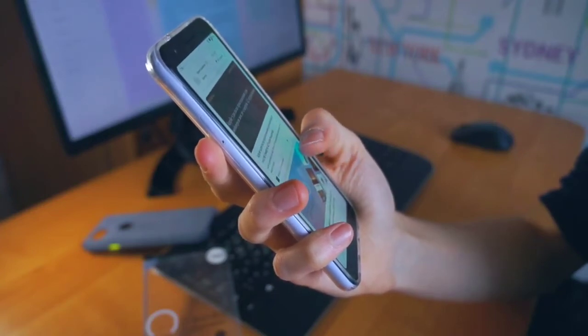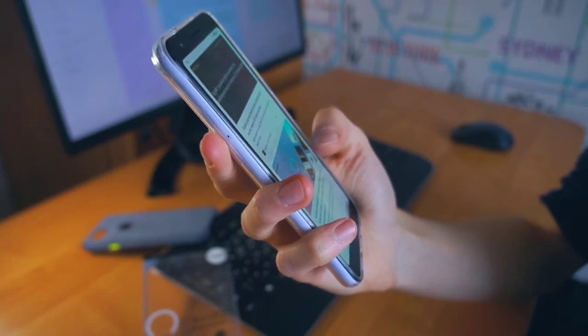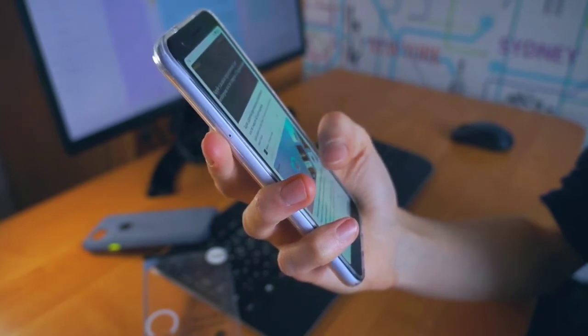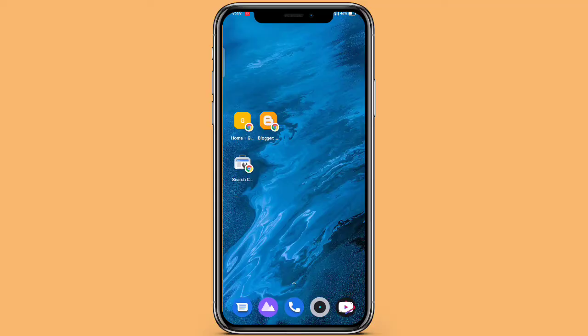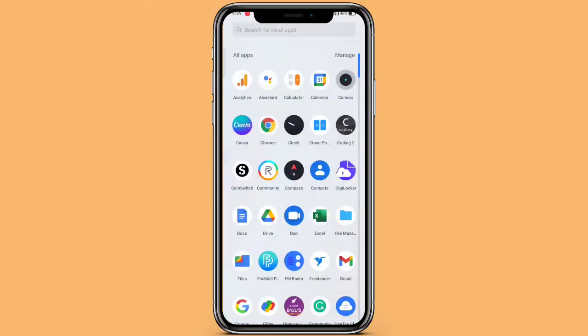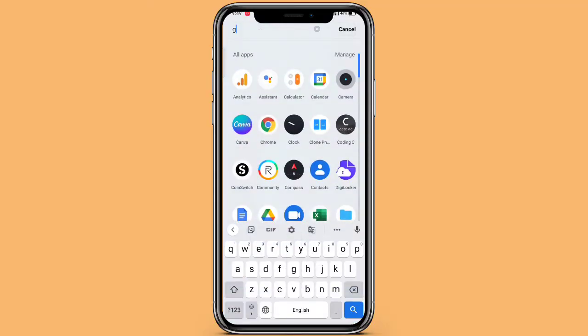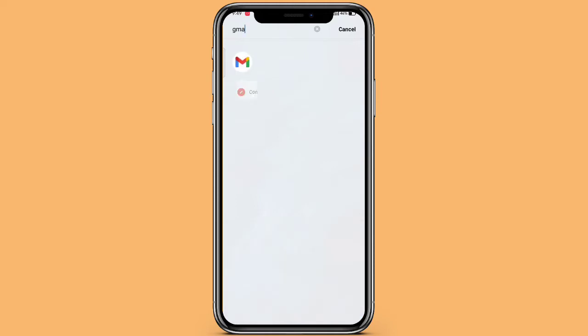In this video, I will give you a solution to a new problem: how to change the background in Google Meet by using a phone. So in the first step, open your Google Meet app or Gmail and long press on that app